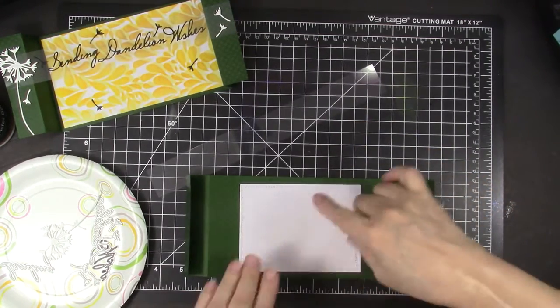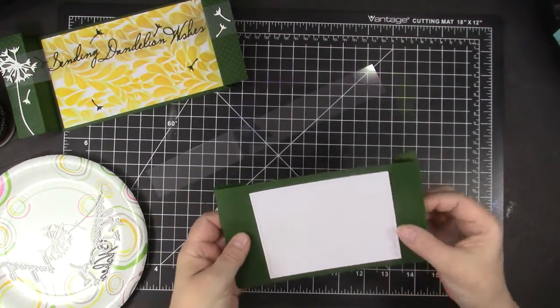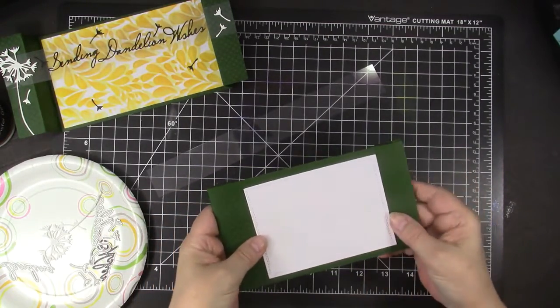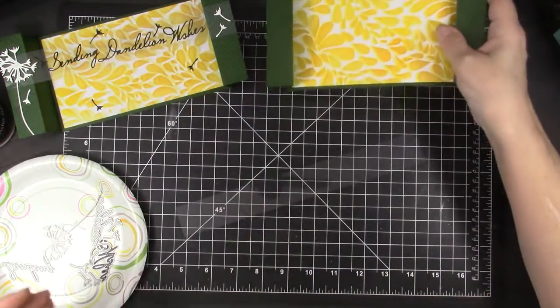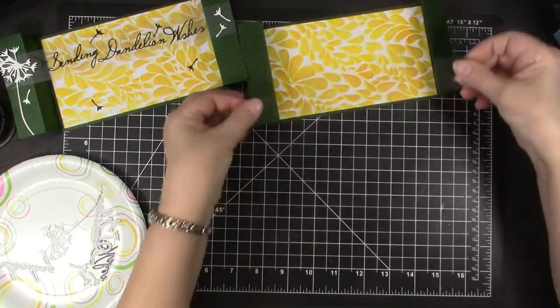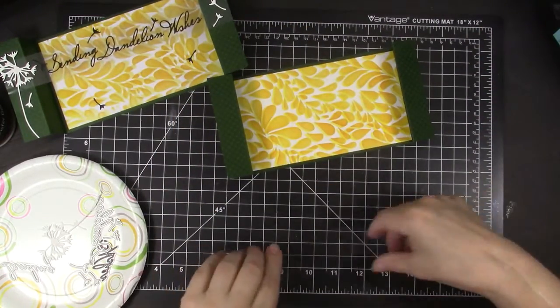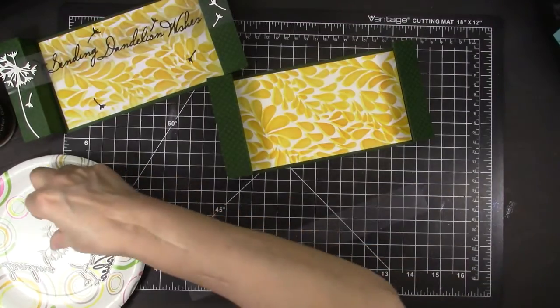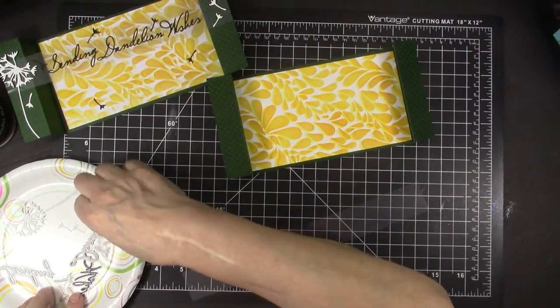And that's a Cut Plurations stitched die. If you know me, you know I love to have my dies having stitching on them for my die cuts for added interest. Now this is going to be across here. I know it's kind of hard to see the acetate. I cut the sentiment out,